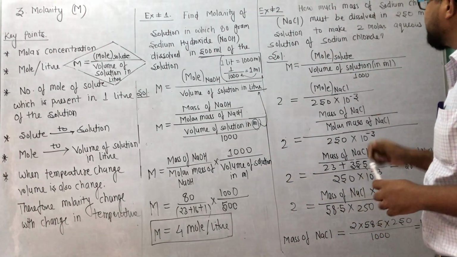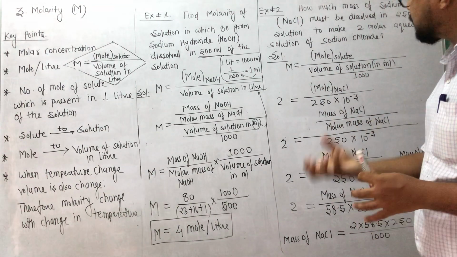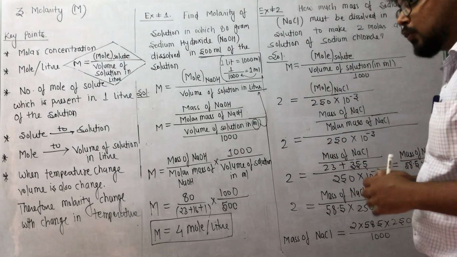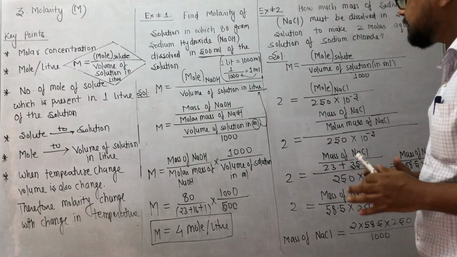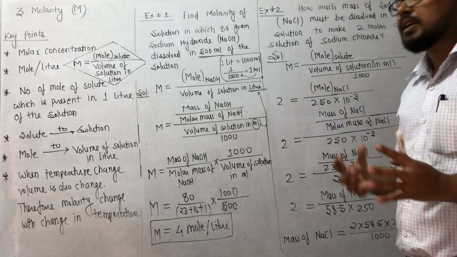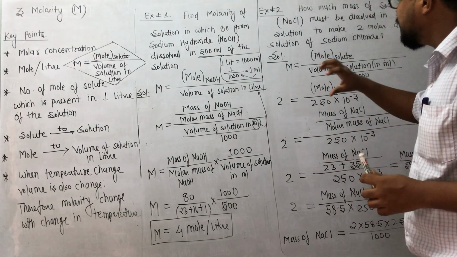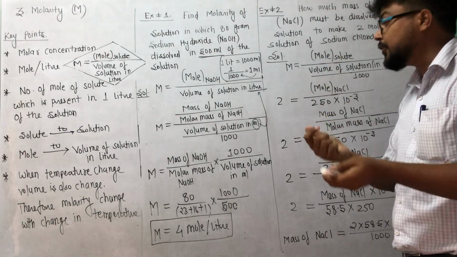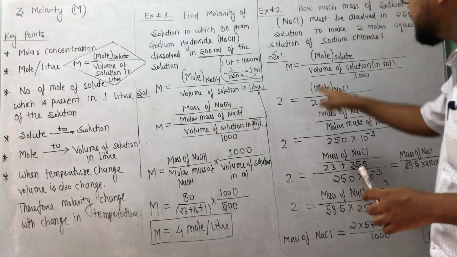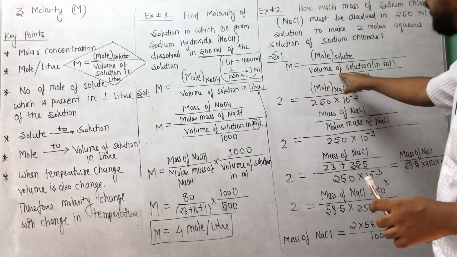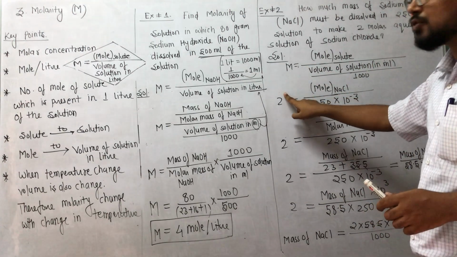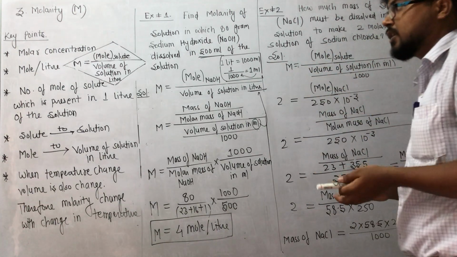How much mass of sodium chloride, that is NaCl and also solute, must be dissolved in 250 ml of solution to make a 2 molar aqueous solution of sodium chloride? So students, in this question, the examiner is not asking about molarity. He wants you to find how much solute, meaning mass of solute, and molarity is given. See here, M equals mole of solute divided by volume of solution in ml. That's why I have to divide by 1000. Molarity is how much? 2. See here, 2 molar aqueous solution.